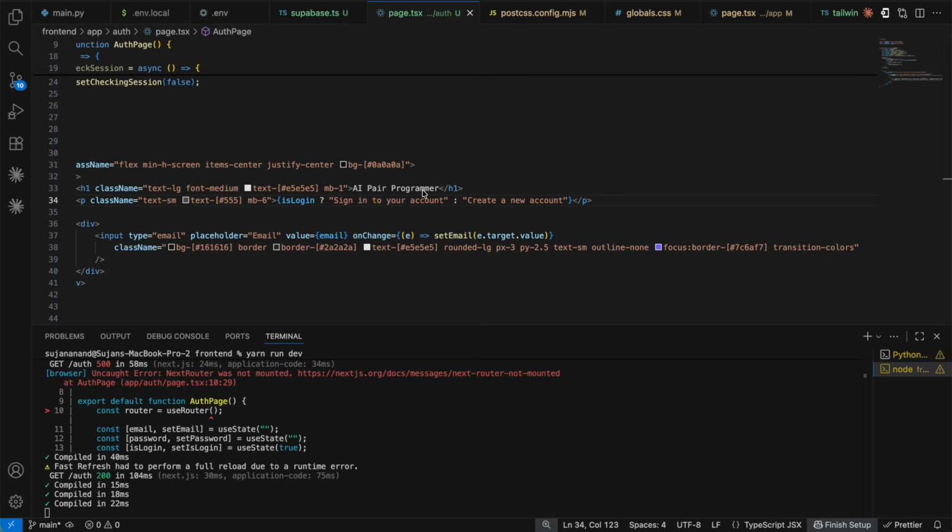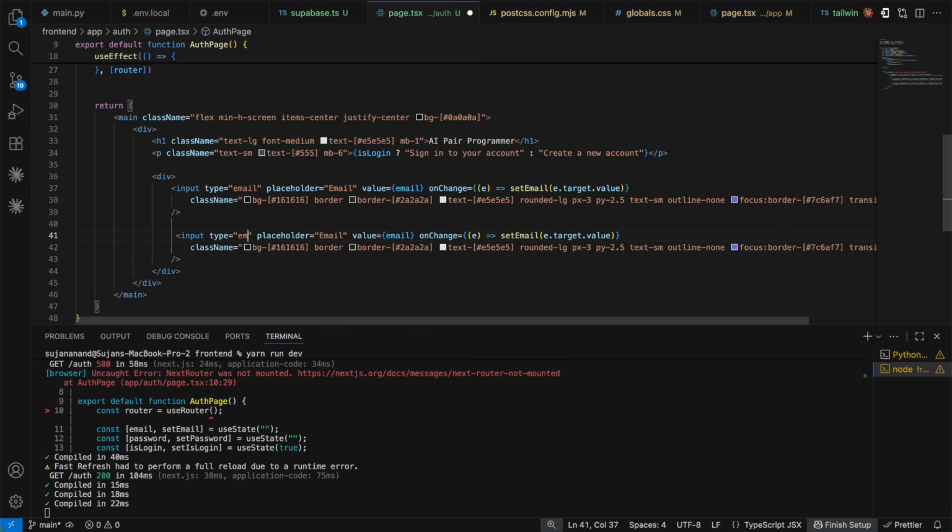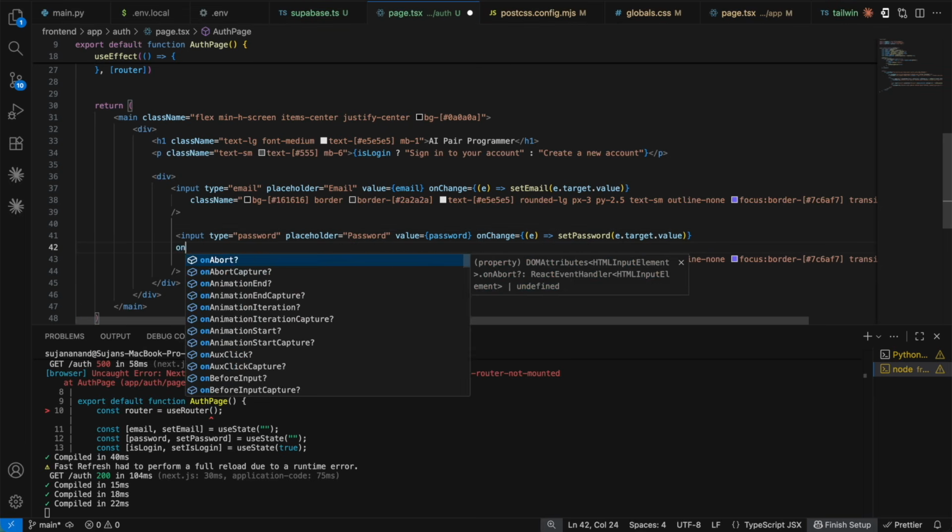So next you're going to have it for your second input. That's going to be for the password. So the design is going to remain essentially the exact same thing, just that we have some other changes. Let's do that. Okay, so instead of type email, it is going to be password. Your placeholder is going to say password over here. Value, let's change it. It's going to be password. On change, instead of set email, I'm going to say set password, and this is going to remain as is, e.target.value. And I'm going to say on key down,